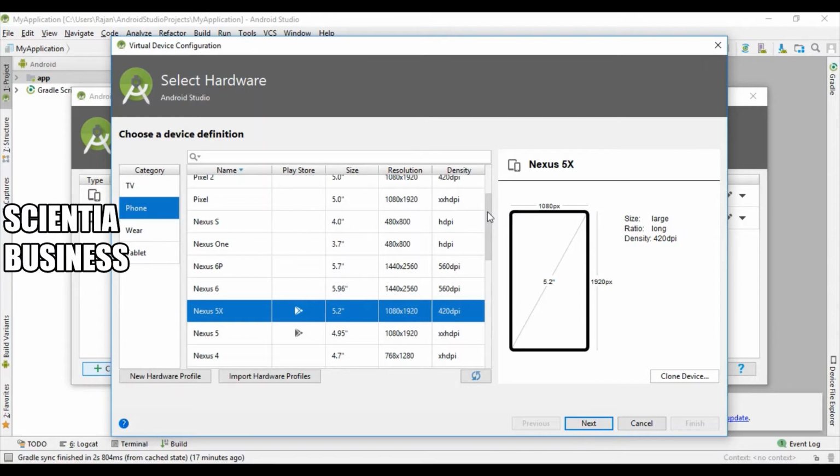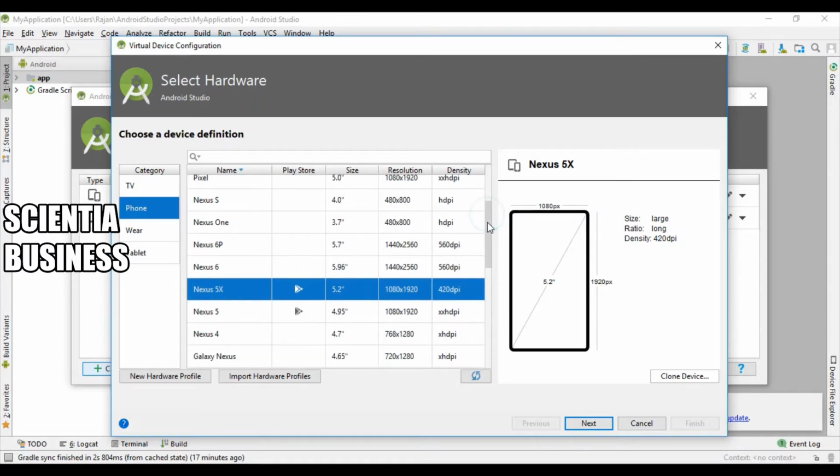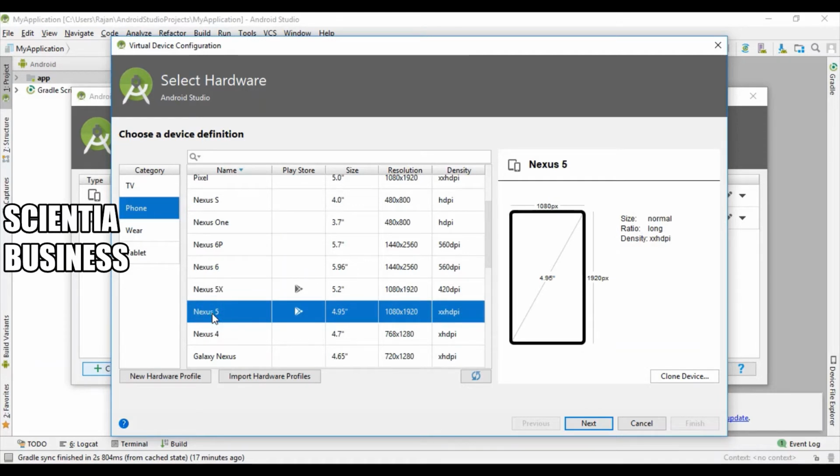So for example, now I will be creating a new Android virtual device in this video, so that it would be easier for you to create when you start working on this. For now I will select the Nexus 5 option, and click on Next.